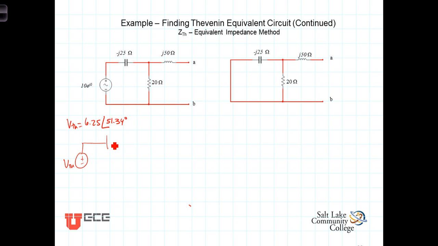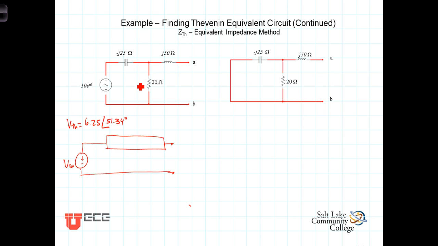we need now simply determine the Thevenin equivalent impedance. And we're going to do that each of three different ways. This first method is what we'll refer to as the equivalent impedance method. It works when we have only independent sources or no sources. This equivalent impedance method that we're going to show first does not work if the circuit you're analyzing has dependent